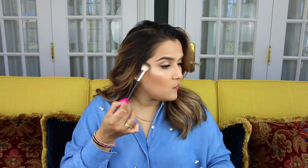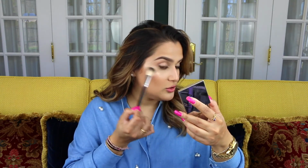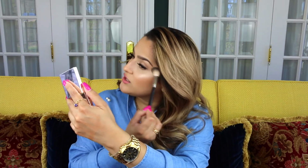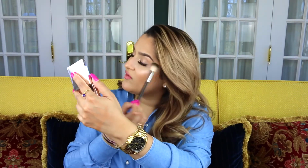It is the highlight that I have on today, and I brought my brush so that I can just apply it. And let me actually just use what I already have. Do you see that? And you can really build this up to be super crazy intense. Like if this is not crazy enough for you, you can definitely get there real quick. As always with any highlight, if it is too much, just take a damp beauty blender and gently press over the highlight, and it'll remove any excess powderiness from the skin. And then on top of this, when you spray it or when you wet the formula and apply it, it is just even